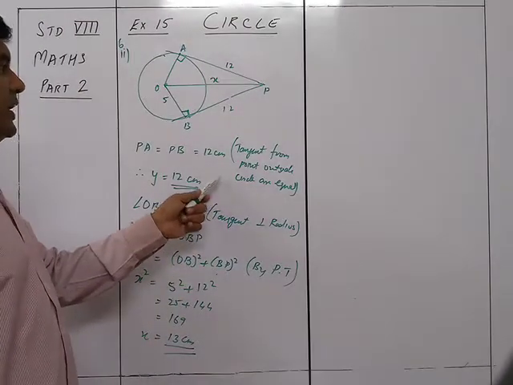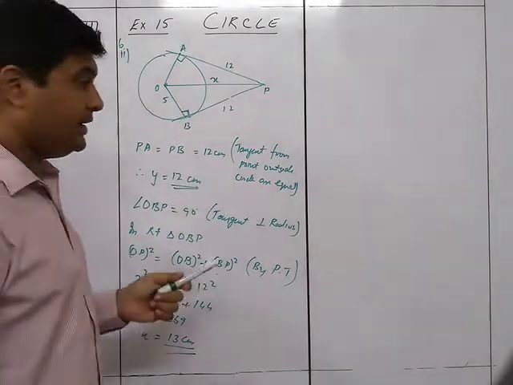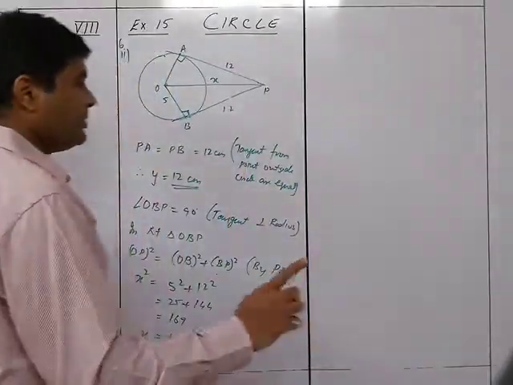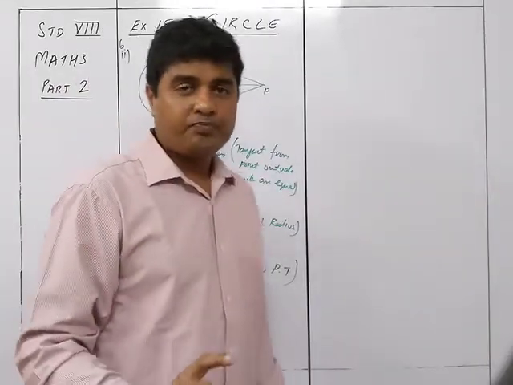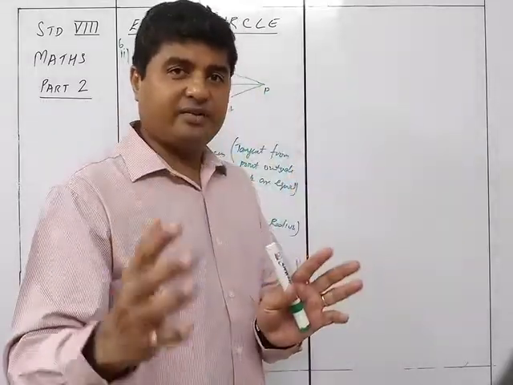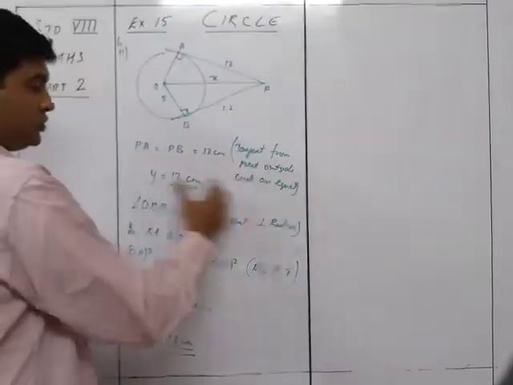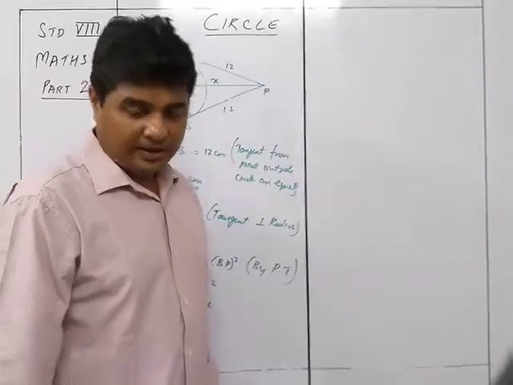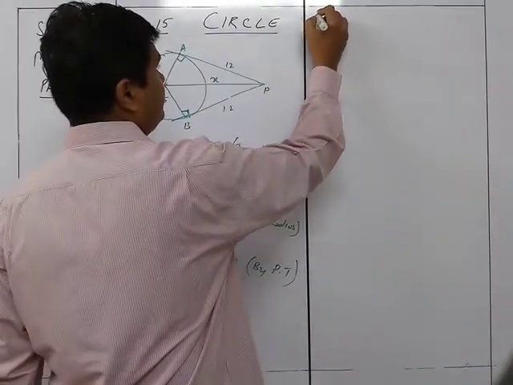Got it? The main thing here was this property of a tangent being perpendicular to the radius. So you need to learn the properties. If you know the properties, then the sums are very easy. Remember, whenever you write anything, you need to have the reason for each and every statement. You can write in statement and reason form, or write the reason in brackets. But each and every sentence in geometry should be accompanied by a reason.